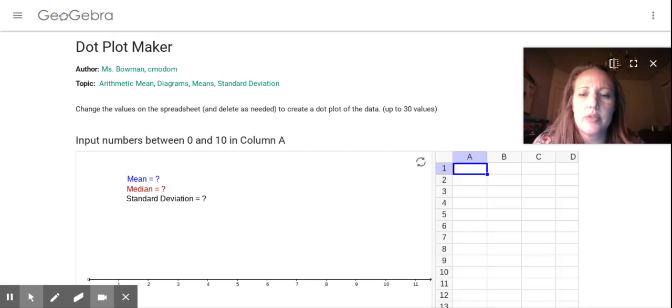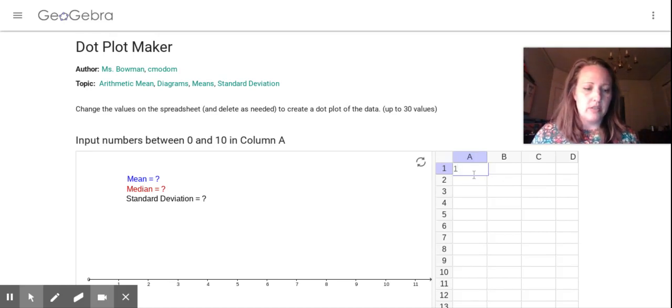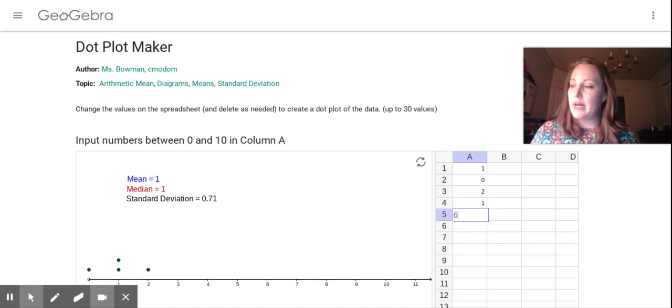This is just a little example of what it can do. It tells you the author of this particular, I don't know if you call this an applet or something, where it's a dot plot maker, so it's going to be a nice help to us. So I am going to put my data in this little spreadsheet that's attached here. This is just going to make this a little easier for us. We can of course do this by hand. You've had practice doing this by hand in class, but I'm just showing you some